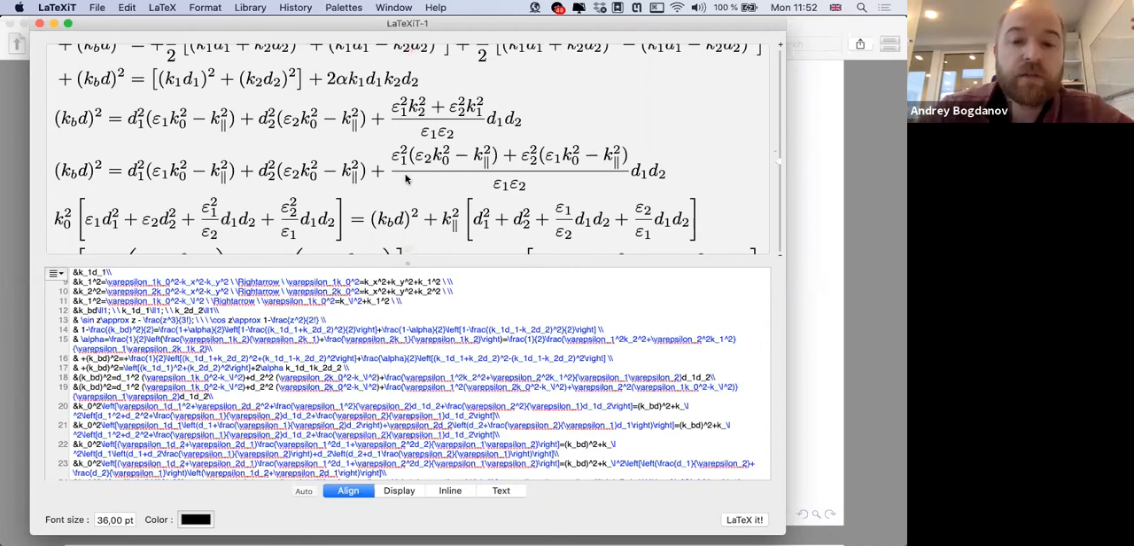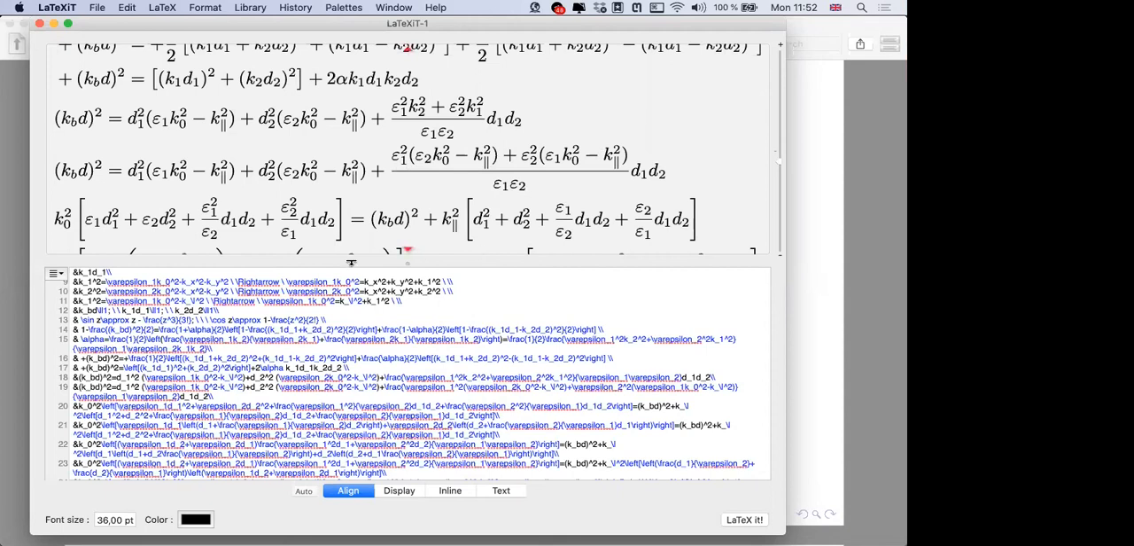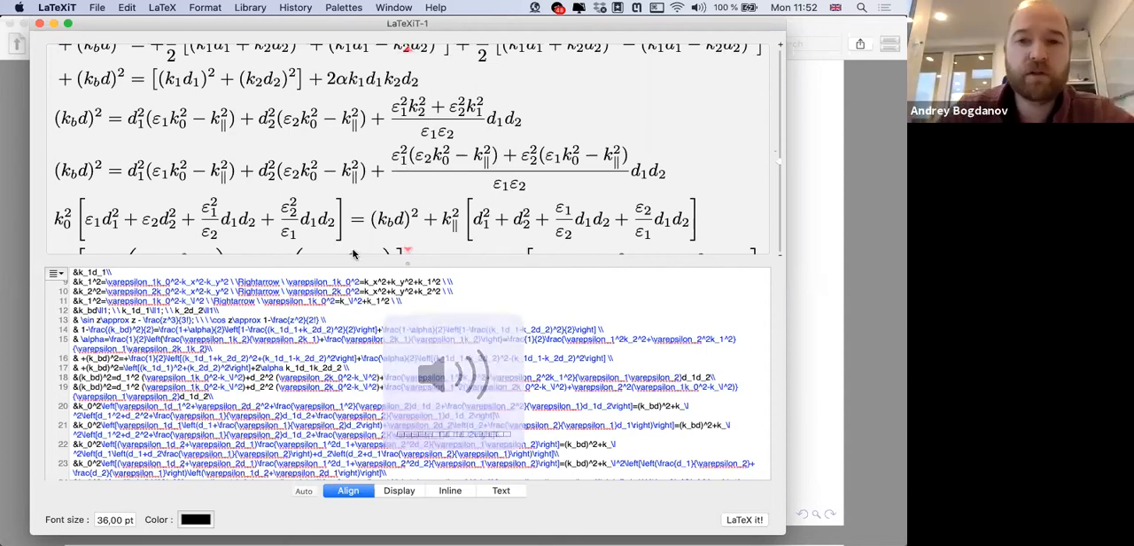Here, let me have a look. What I will have here: epsilon 1 square, epsilon 2, epsilon 1, epsilon 2. Guys, can you hear me? Yes, yes, we can. Because just Zoom notified me about the poor internet connection. Okay. So,